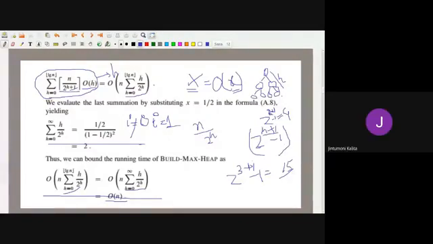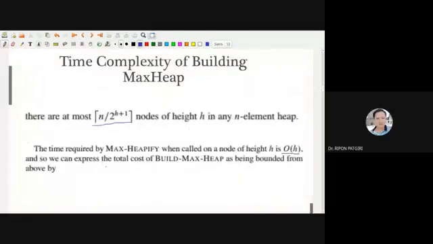Can you show the previous slide, sir? Here it is saying that there are at most n by 2 to the power h nodes of height h. How is it true? I'm not getting that. According to me, it should be only 2 to the power h, not n divided by 2 to the power h. h plus 1 minus 1 for our case. Check it out now.